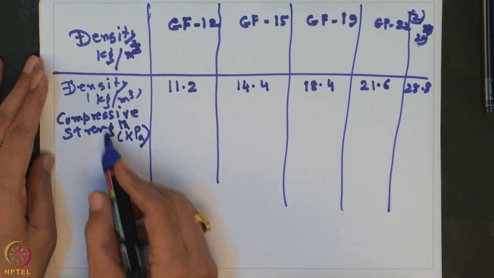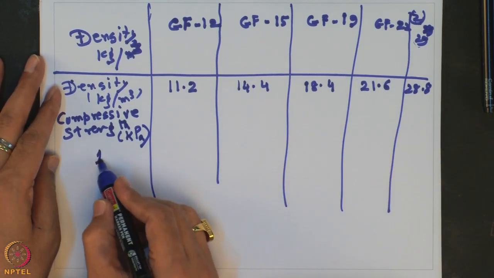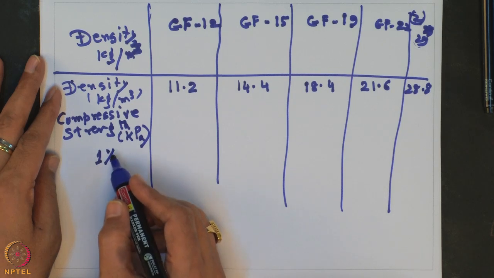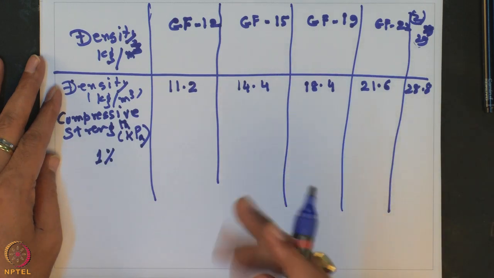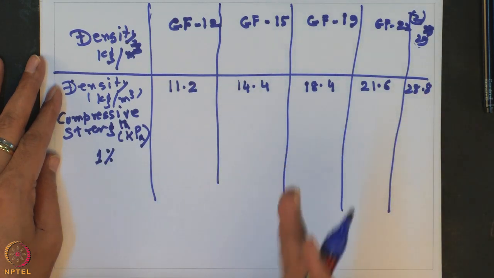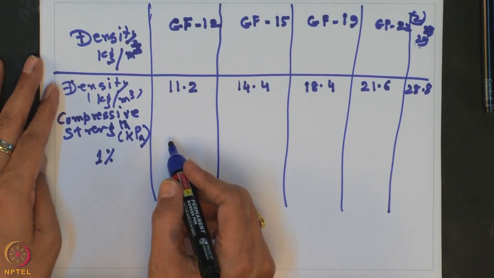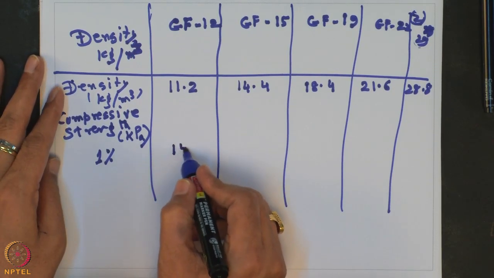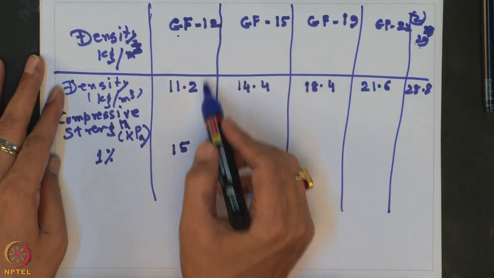For example, the compressive strength for a particular strain value, let us say for compressive strength you want to determine for a particular strain. You know what the stress strain curve is, and you know how to determine the initial tangent modulus. For a particular 1% strain, what should be the compressive strength of the EPS geofoam material? So, for 1%, this value is 15 kilopascal for this geofoam material with density, let us say, 12.